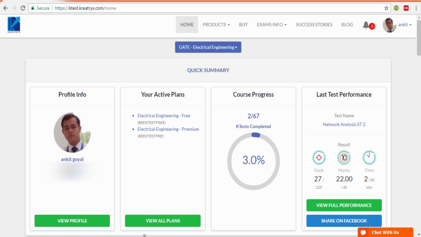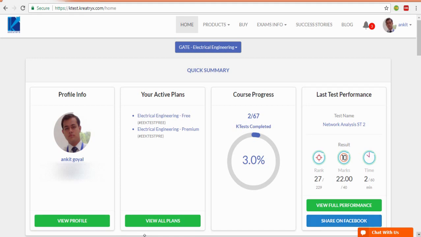And then the next column, it shows your last test performance. Sometimes it may so happen that you might not be getting the time to attempt the test series, or you might have attempted last test 1 month back. So this tab will provide you a constant reminder of how many days it has been since you attempted the last test, and it will show you what was your performance in the last test. Even if you have forgotten, it will be a reminder of how your performance was in your last test. Okay.